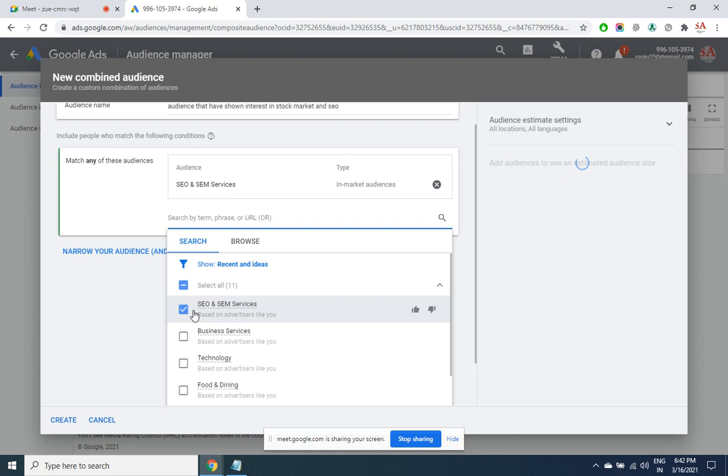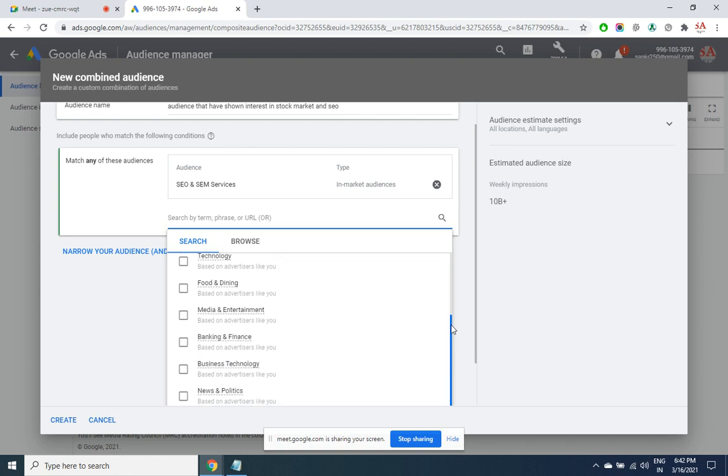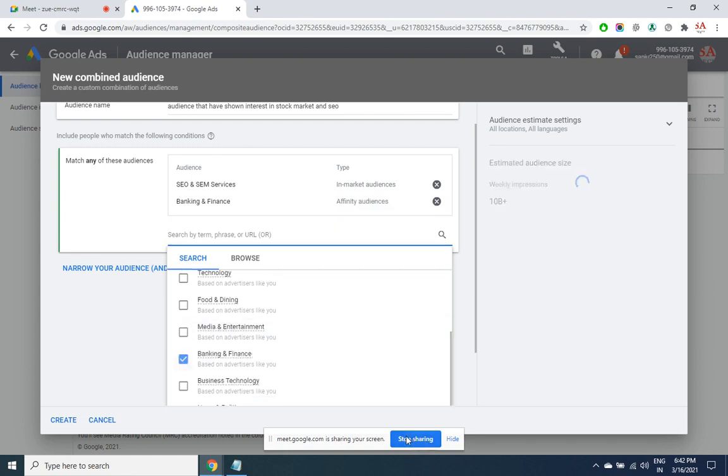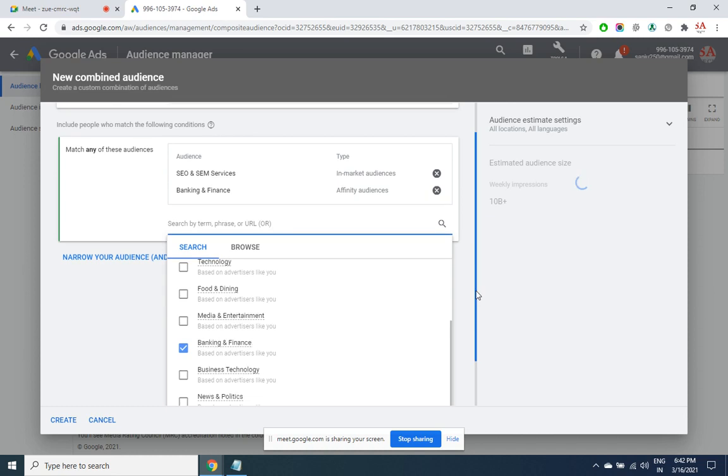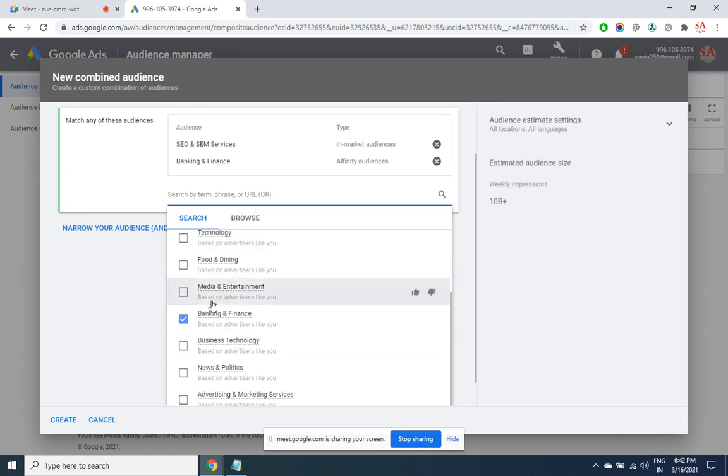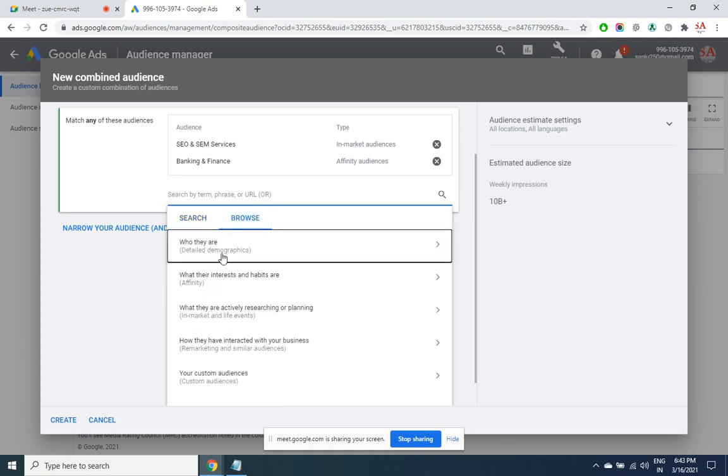So the people who have shown interest in SEO and SEM services at the same time who have shown interest in banking and finance. So only when people in their browsing history both of these categories found, only to them my ad will be targeted. You can even give specific topics.